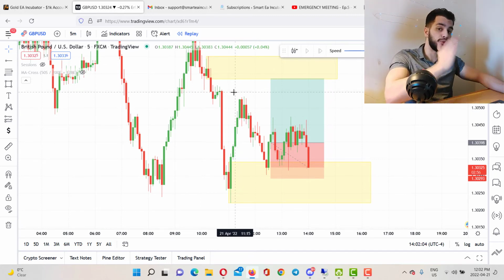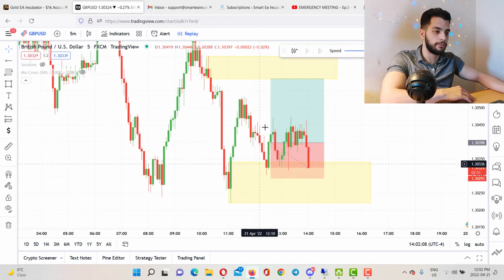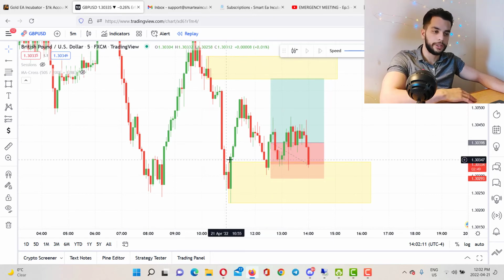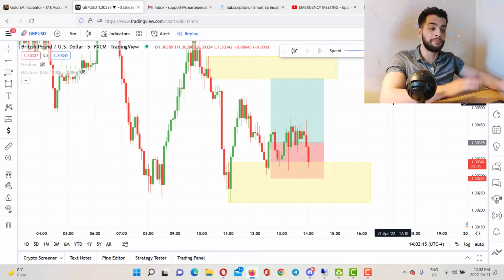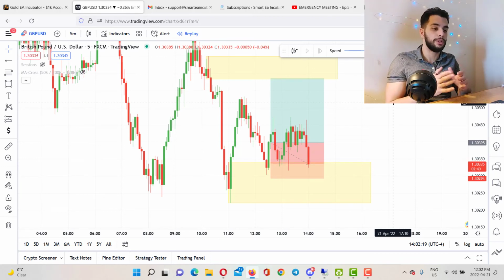that it's going to respect that level and then reverse. And this is exactly what happened. Consolidation, momentum, boom, 1-to-1, done. Here, if you wanted to trade support and resistance, done. So that's it, guys, for this one. There were so many lessons in one pair, one chart, one time frame, GBPUSD, and I hope that you got